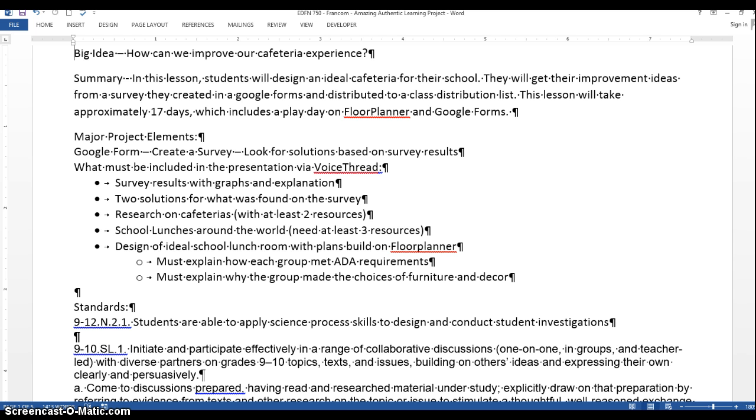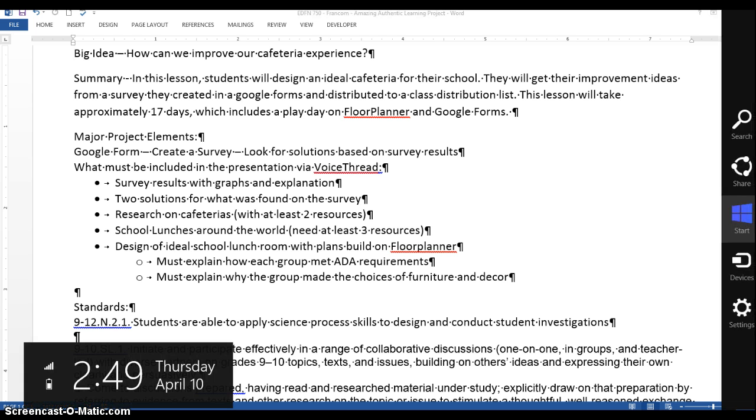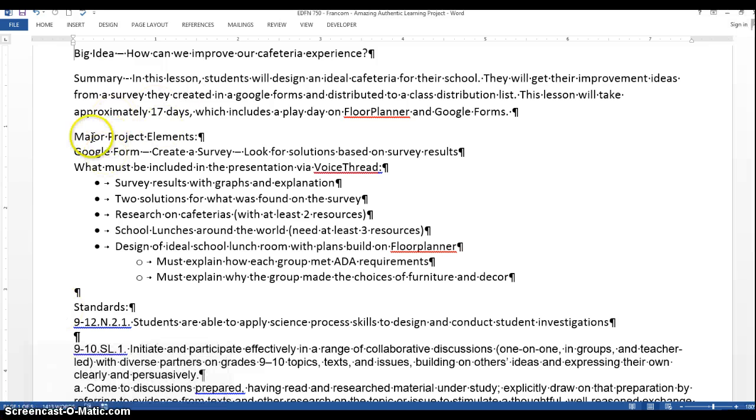The major elements that they should include in their project are having a Google form, creating a survey looking for possible solutions. Also, they need to present a VoiceThread, which should include survey results with graphs and explanations, at least 2 solutions, some research on different cafeterias, some school lunches from around the world. They need at least 3 resources, and a design of a school lunchroom, which includes the Americans with Disabilities requirements, as well as some explanation of how they met those requirements, as well as an explanation of the furniture choices